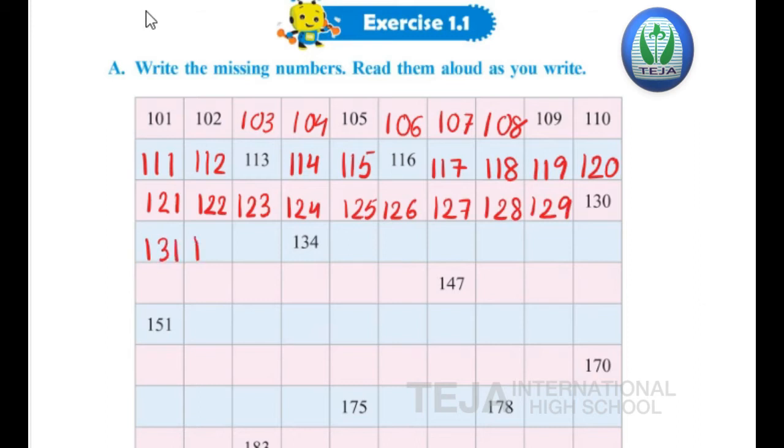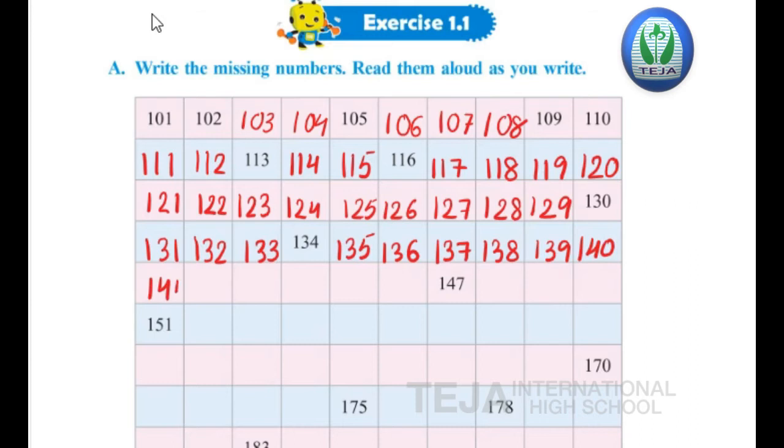Now 131, 132, 133, 134, 135, 136. Next number is 137, 138, 139 and next 140. The next number is 141,